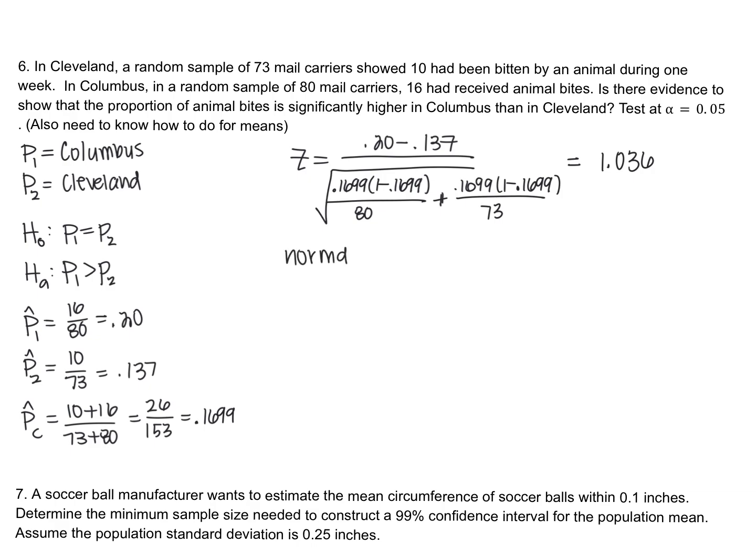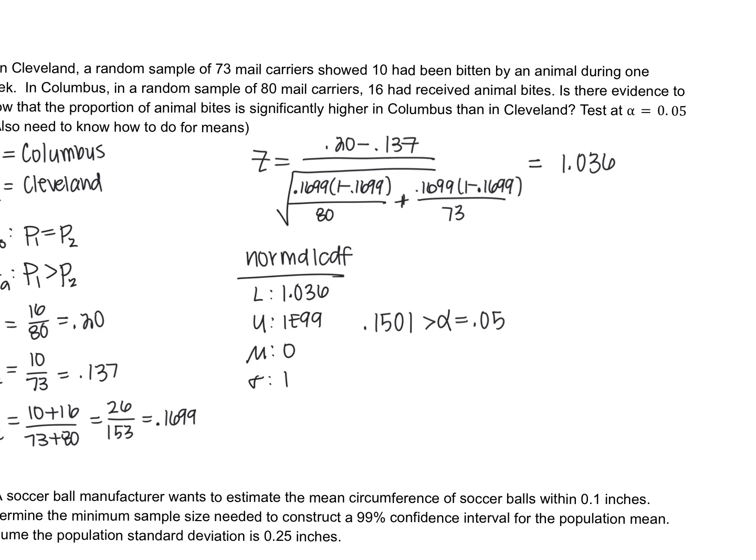So then we get our p-value by doing normal CDF. Our lower bound is 1.036, upper bound is 1e99, mean of 0, standard deviation of 1. And we end up with 0.1501, which is greater than our alpha of 0.05. So when it's greater, we fail to reject our null hypothesis,